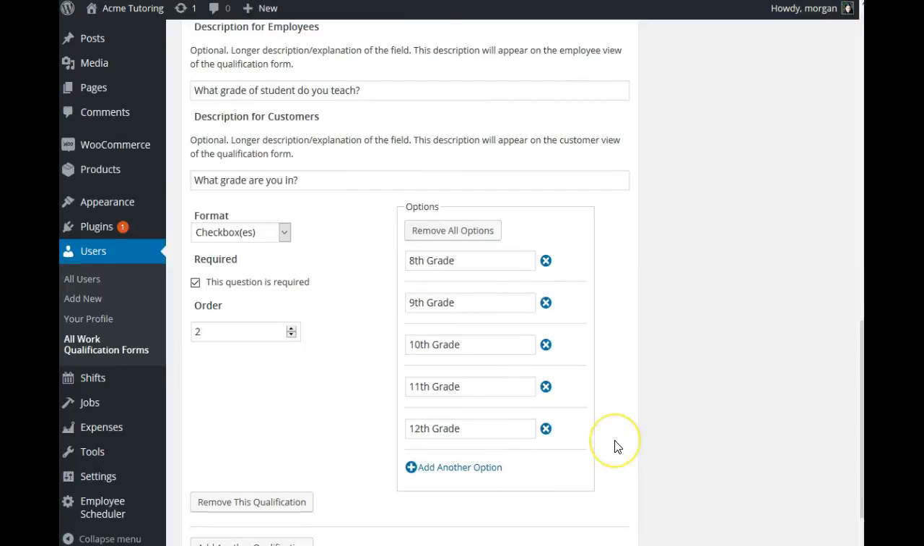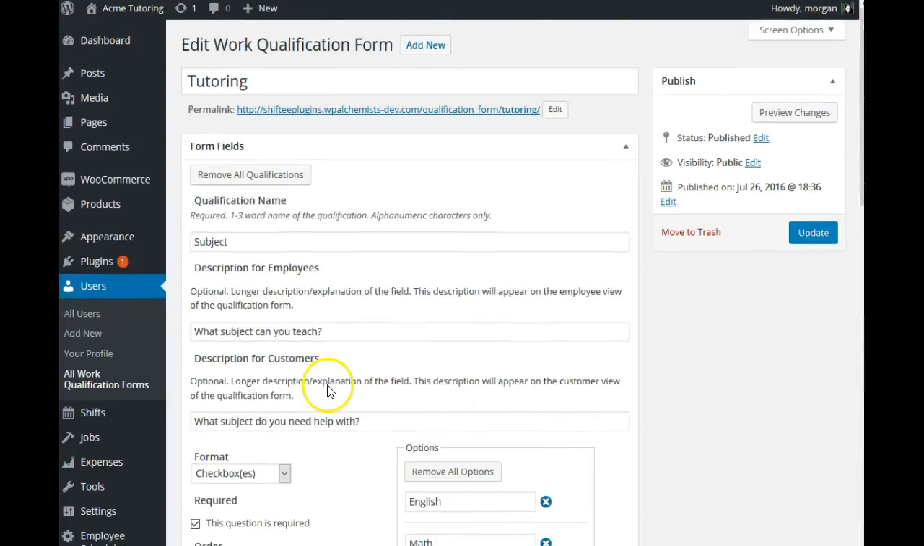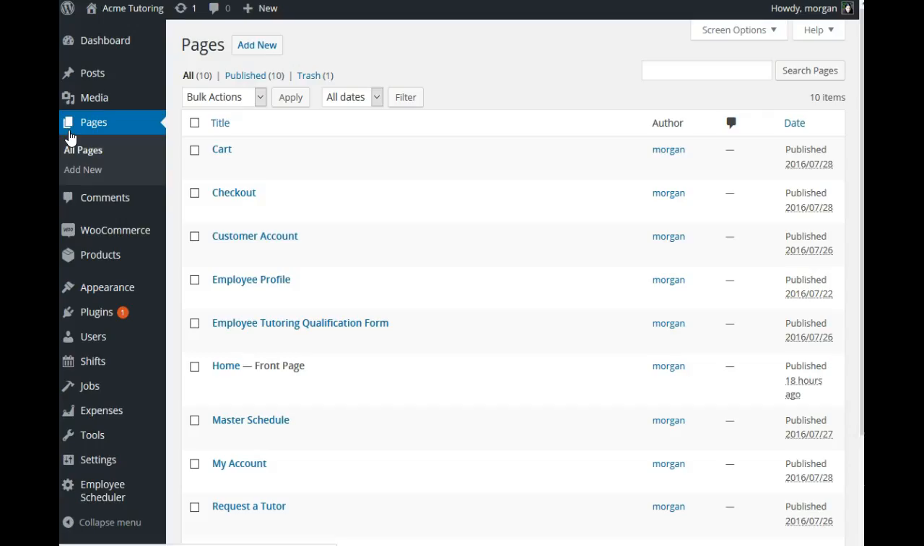So once you've created some fields on this form, you need to set up pages to display these questions. You need a page for employees where employees can go answer the questions and fill in their qualifications, and then you need the form that your customer fills in to request employee services. So first of all, let me show you